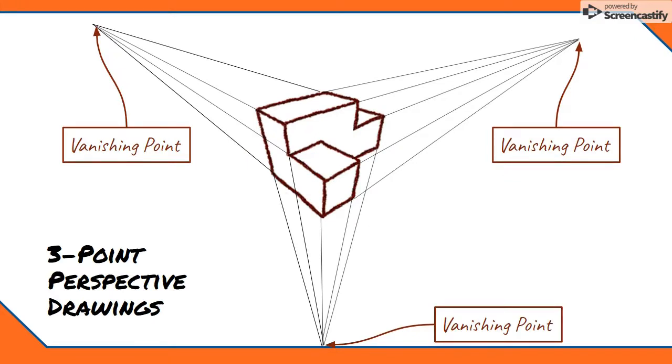Three-point perspectives are a little less common, but give us the most realistic look at an object. Like a two-point perspective, the depth and width lines extend toward vanishing points, but now the height lines also extend toward a vanishing point. With all perspectives, it's important to note that the closer the vanishing points are to the object, the more extreme the perspective will look. In order to get the drawing to look as realistic as possible, try to draw the vanishing points far away from the object.